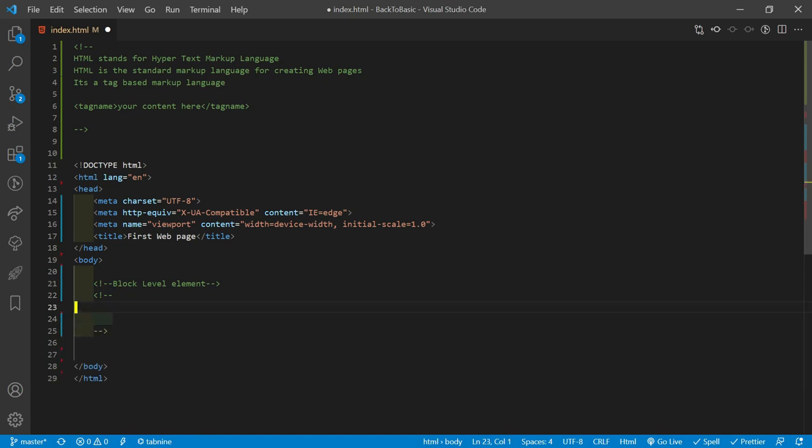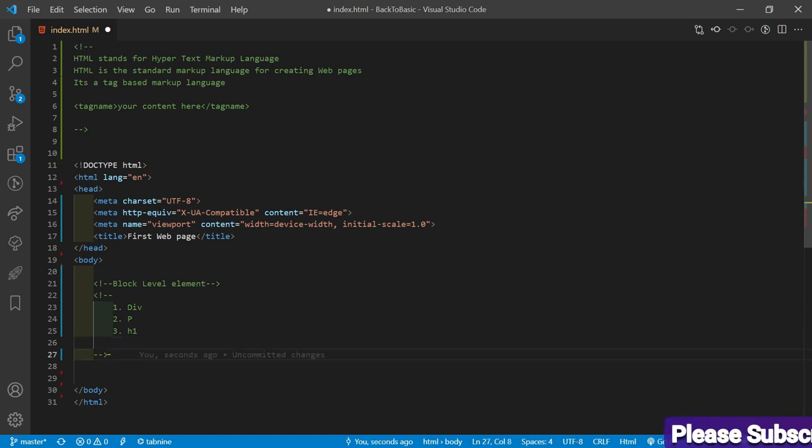The first element is div, the second element is a paragraph, and third a heading, like h1, something like that. These are all block level elements.